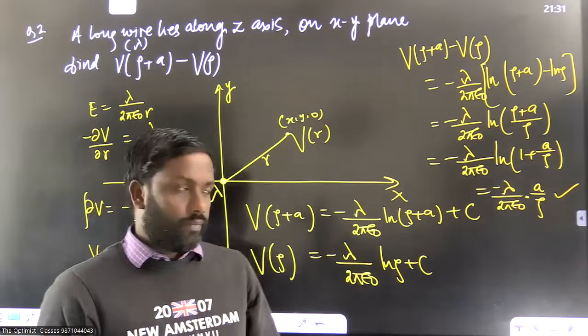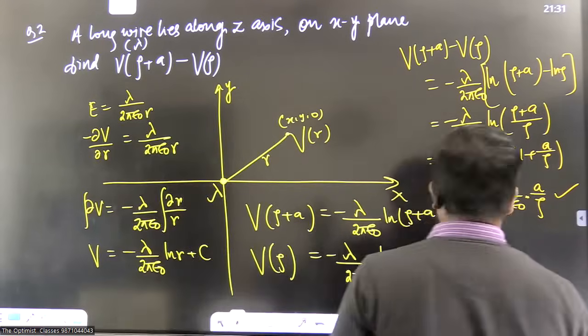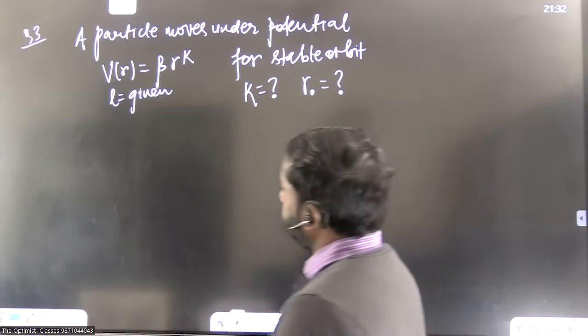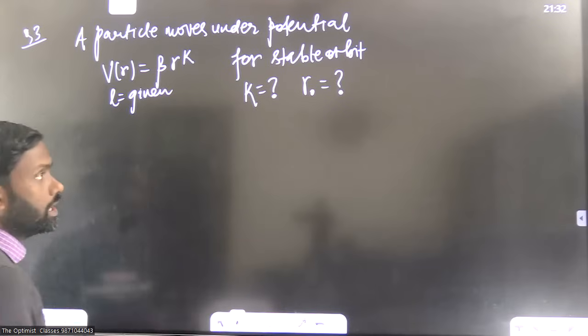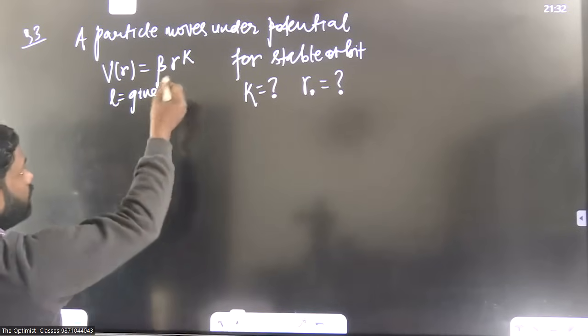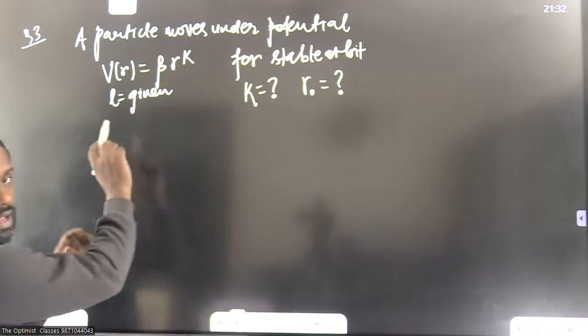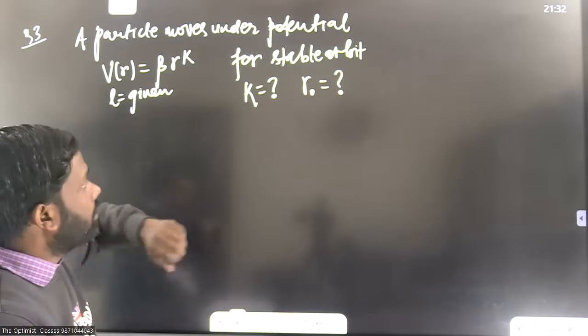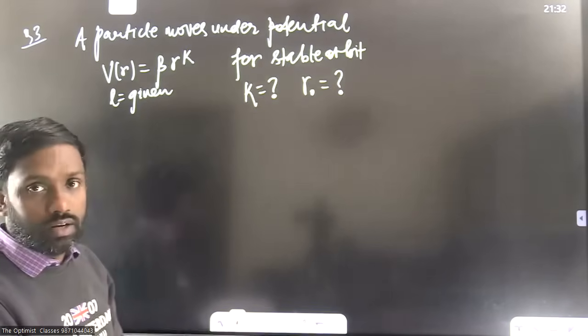So that's the potential. Now move to another question. Question number 3. It's a question from classical mechanics. It says a particle moves under potential V of r equal to beta r to the power k. Angular momentum of the particle was given. So the question was, for a stable orbit, what should be the value of k and the corresponding radius of the stable